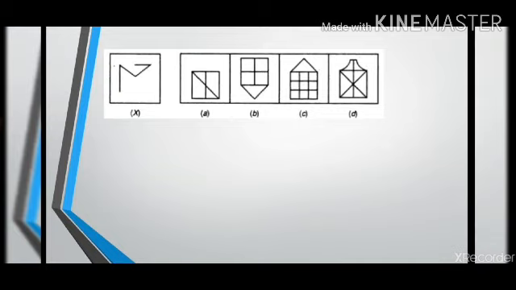In the next example, you have a vertical line, two inclined lines, and a horizontal line. Like I said in the previous example, you start from one of the figures that you feel is convenient. For example, in this figure, I'll start from the vertical line. I can see a vertical line is present in all the options, so that is where I'll start from. After the vertical line, I'll take into consideration the next inclined line that is joined to it, and the other one, and the horizontal line as the next line. If I don't get one of these lines in the answer option, I'll eliminate the option directly.